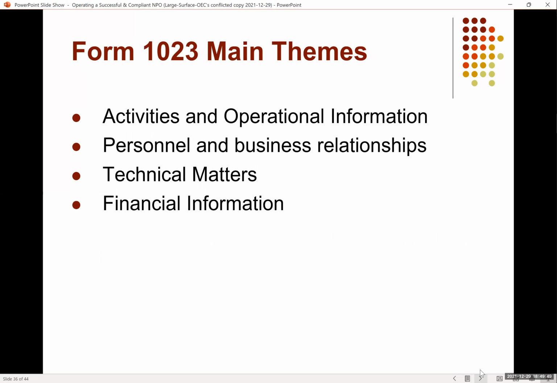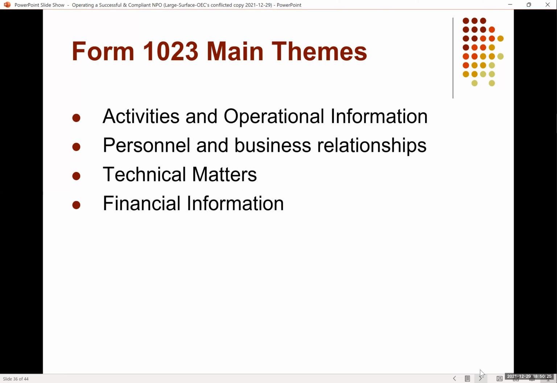So the form, like Fadi was asking, what does this form ask for? Yes, you need a business plan, and this is why. They're going to ask you about your activities and your operation information. Like any business plan, you want to describe the programs that you want to serve and how many people you want to serve. You've got to have a clue about how the activity flows, because we're going to be writing a narrative.